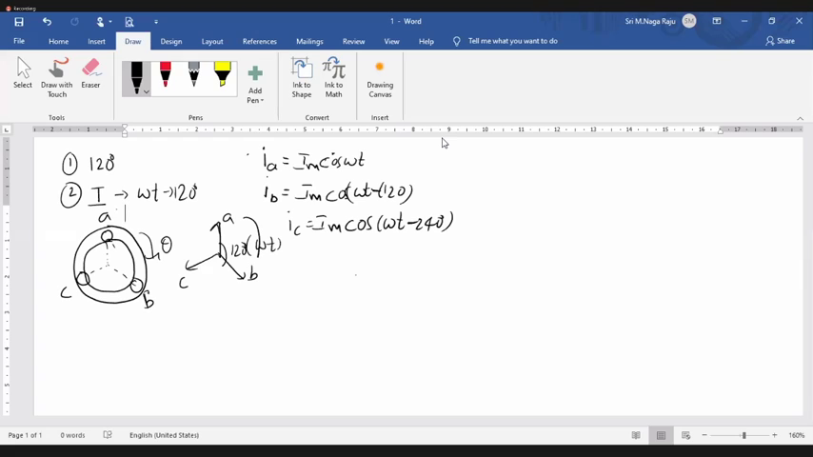Now, what is the formula for MMF? MMF F equal to N into I. What is N? Number of turns. I is the current. This is called MMF, magnetomotive force. It is the product of the number of turns and the current. Okay. So now we have three phases. For each phase we have MMF. So for phase A,